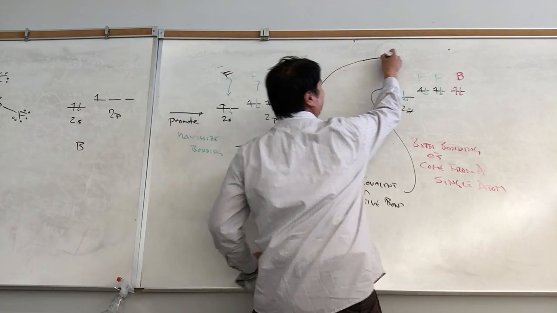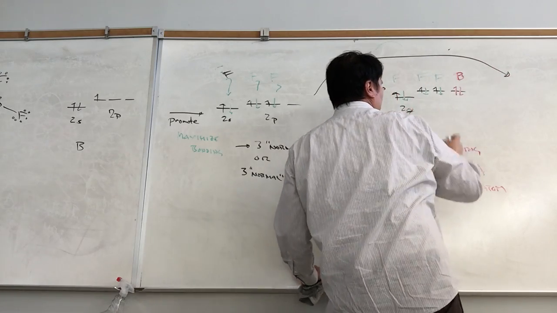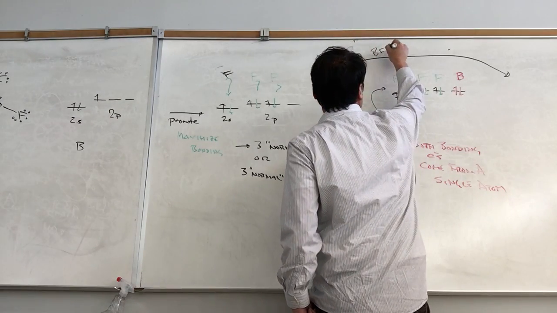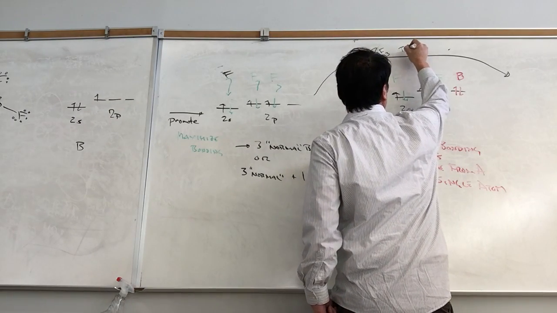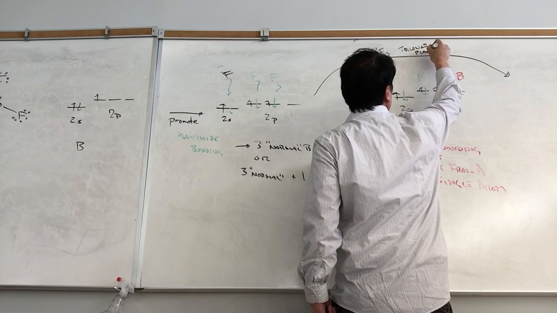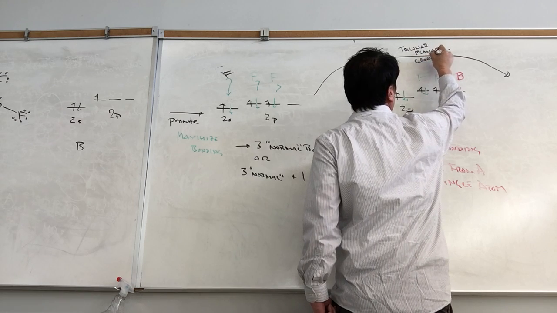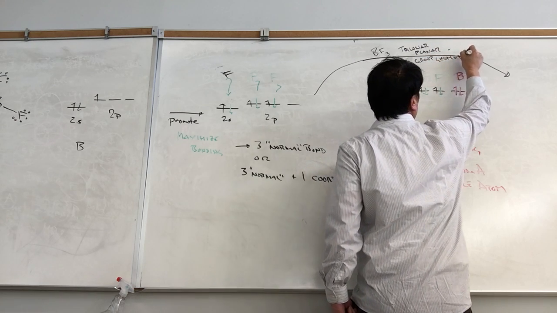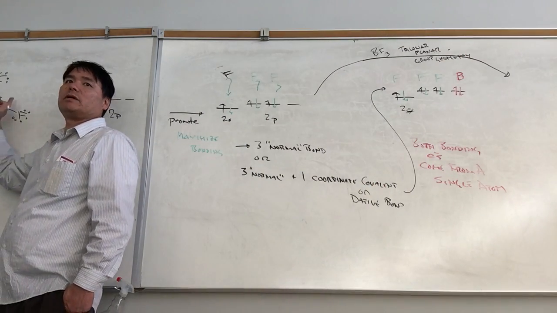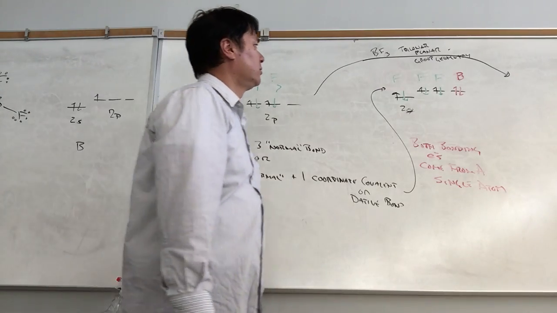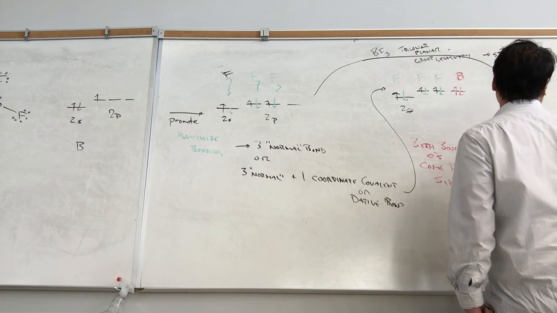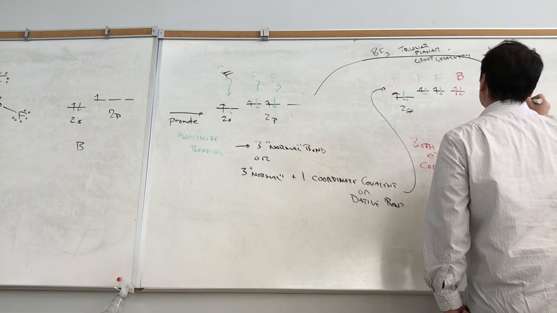And so let's go back here and not talk about this. When we look at the geometry of BF3, BF3 has a trigonal planar group geometry. Since it has a trigonal planar group geometry, we need 3 orbitals at a 120 degree orientation. To get 3 orbitals at 120 degree orientation requires sp2 hybridization. And so what we'll do is we'll hybridize that